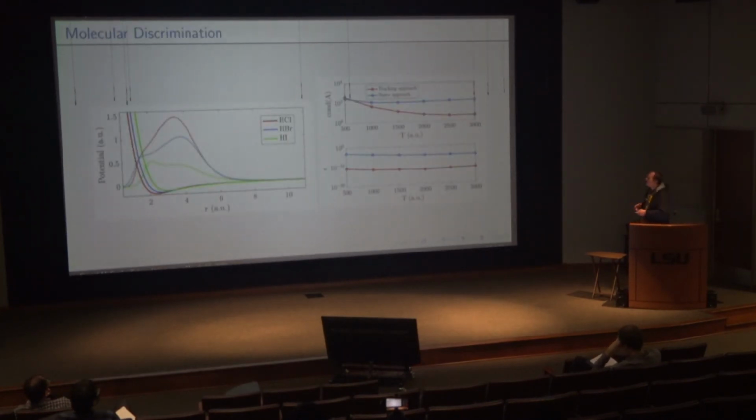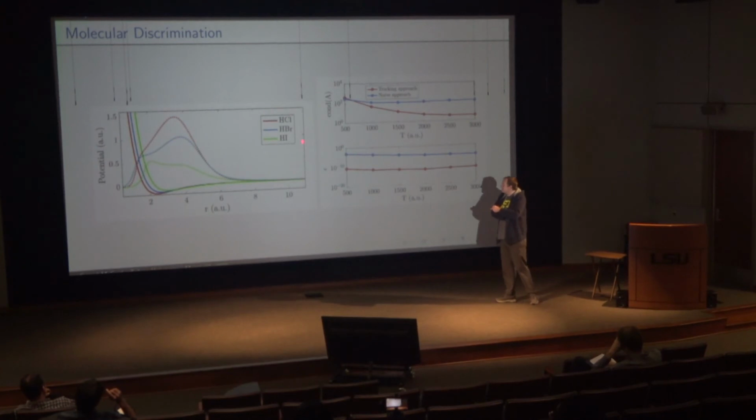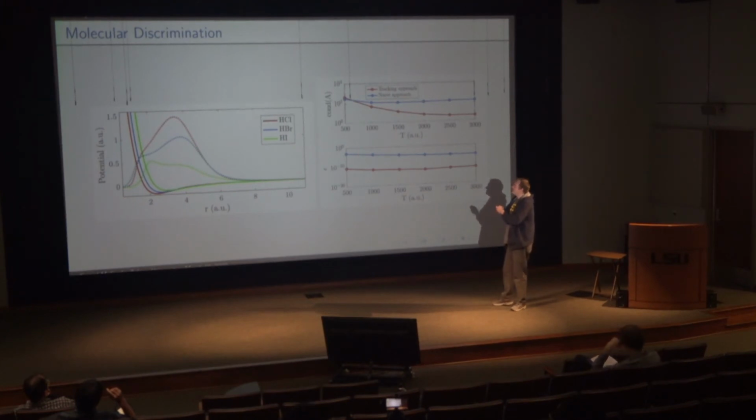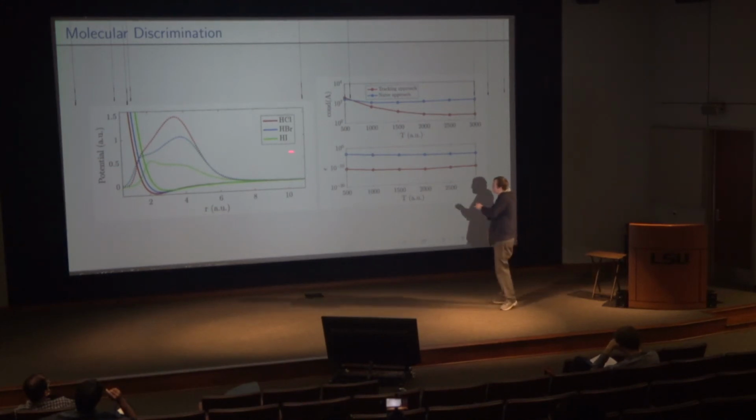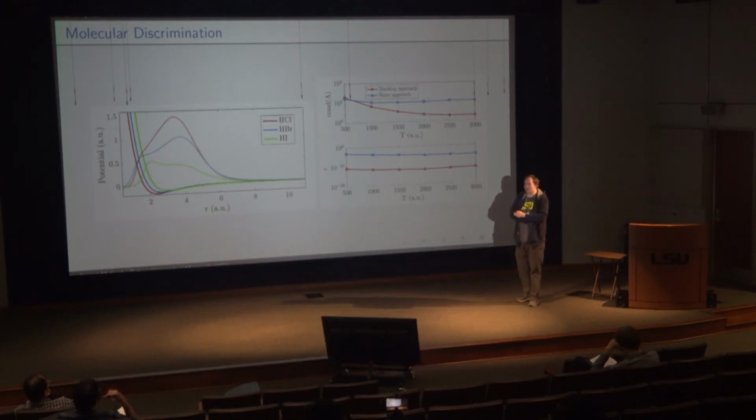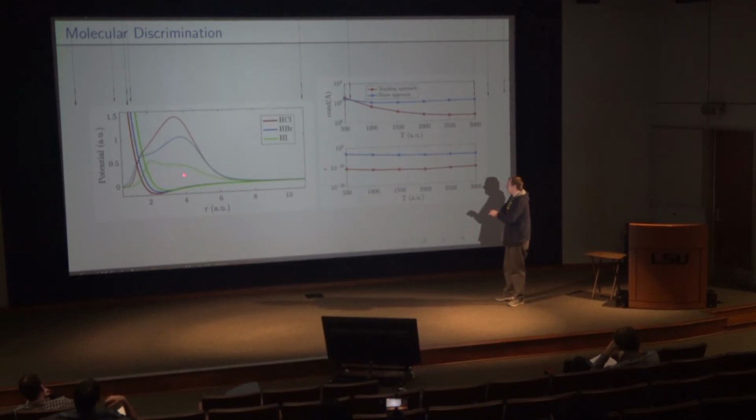So finally, I'm going to show you two different examples of using this. So this would be a case of using it in a molecular system. Here we have three species of molecule: hydrogen chloride, hydrogen bromide, hydrogen iodide. And here are two different potentials you could use for these. These dotted lines are something like a Morse potential, and here this is just a dipole potential, the solid lines. So the only thing that distinguishes these three molecules actually is their relative mass. They're all under the same Hamiltonian, and the potentials you see are just due to their different relative masses.